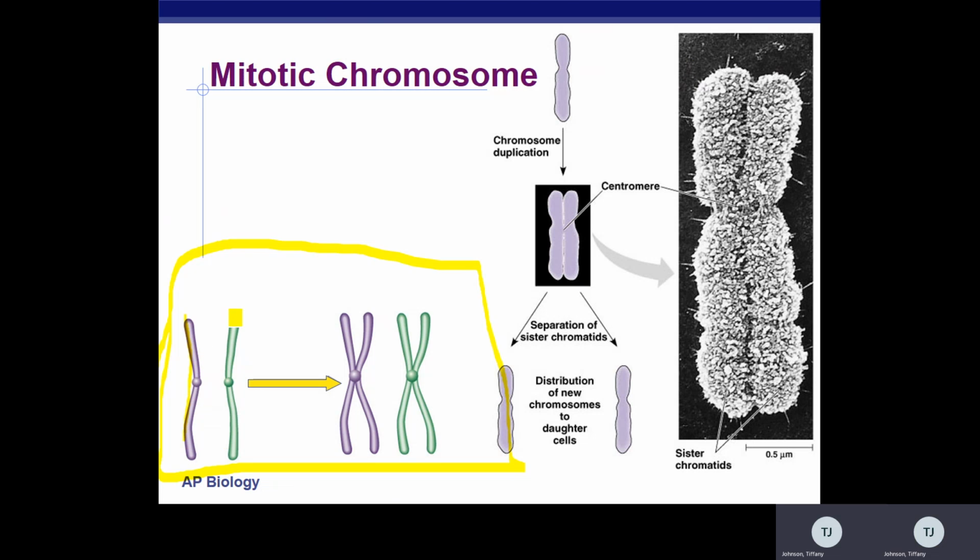So let's just pretend that's the mom chromosome. And then here's the dad chromosome. Let's say that these two chromosomes have the same genes on them. Okay, so these have the same genes. So here's the gene on mom, here's gene on dad,